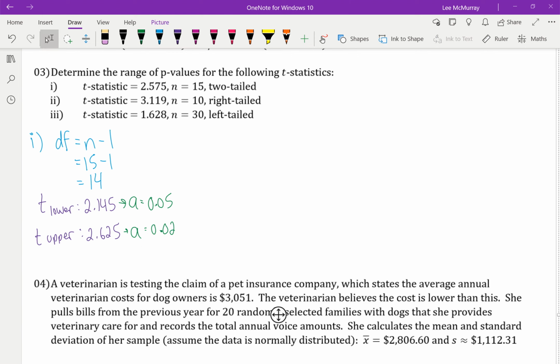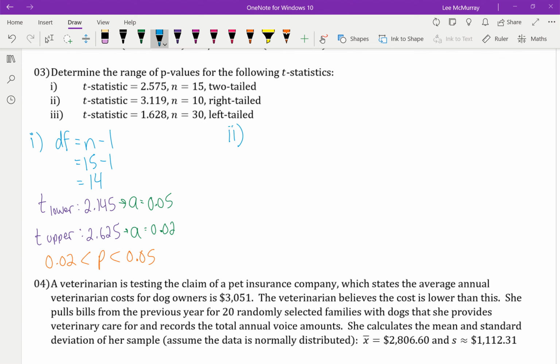So what that means is, to put that in as a p-value, our range of values for the p-value would be p is greater than 0.02 but less than 0.05. Okay, so again, our p-value isn't one specific number; it's a range of values that we can compare against the significance level. Okay. All right. So let's see if we can try that again. I know it seems like a lot, but practice it a few times, and again, these steps will be available